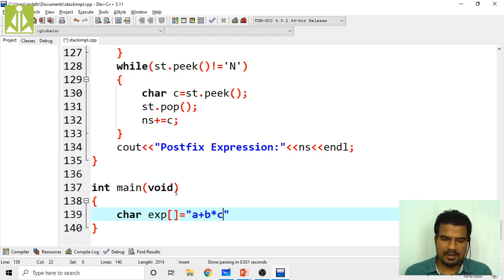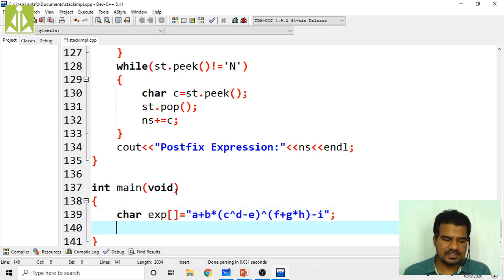Oh, sorry, a plus b multiplied with opening bracket c power d, c power d minus e, closing bracket, again one more power of f plus g multiplied with h, closing bracket, minus i. So this is my infix expression because all operators are between the operands.